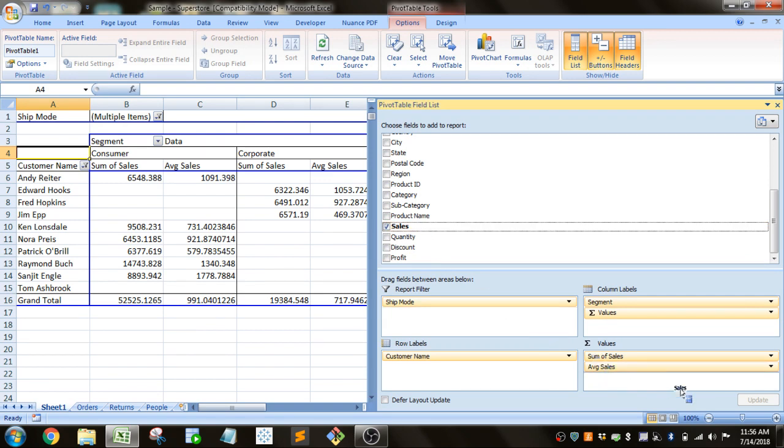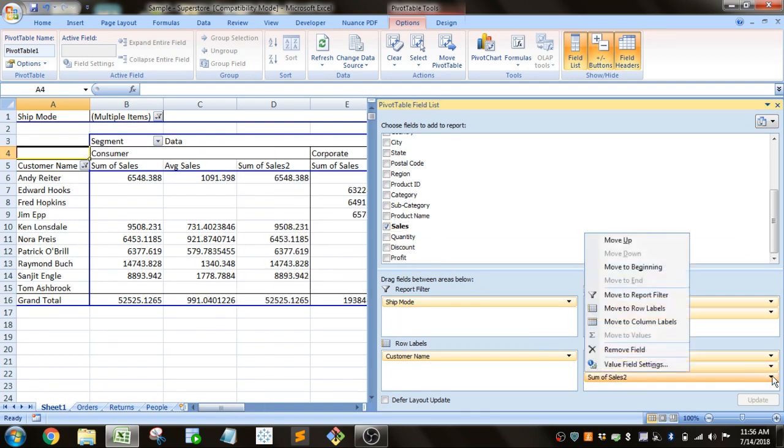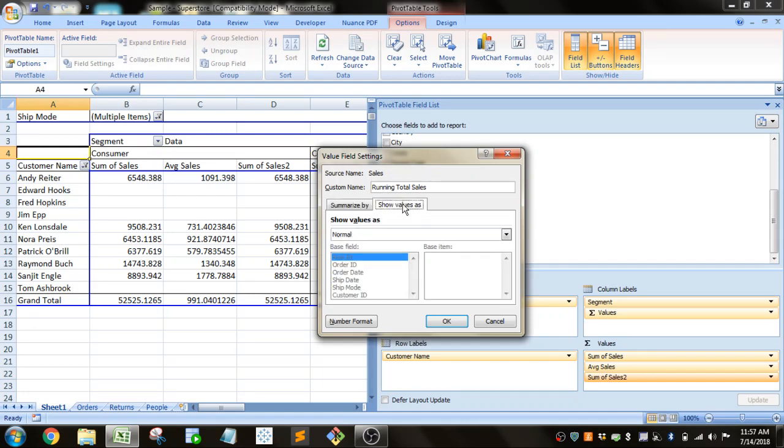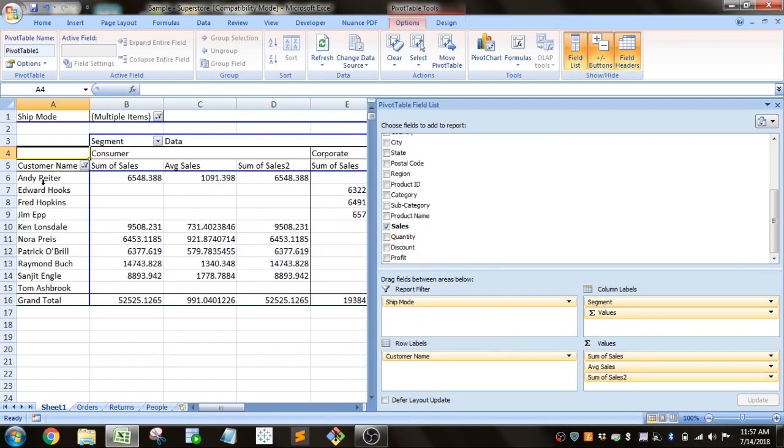And let's actually drag another sales field in here, and I'm going to show you another feature. These are called table calculations. I'm going to change the name of this to running total sales, and we're going to go to the tab Show Values As. In this drop down you have various different options. I'm just going to run through one of them, but you can look through them at your leisure. Running total in, and then I have to select, so actually cancel out of this first, and we're going to put in,